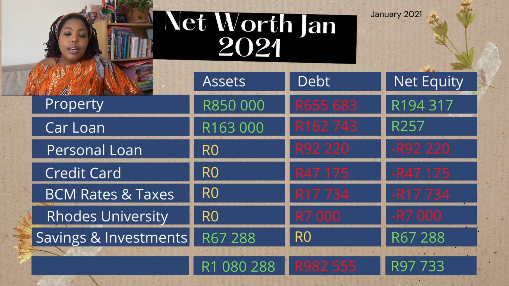But I bought it for 850,000, so I've kept it at 850,000 rands, and my debt towards that property is 655,683. So if you take 850,000 and you subtract my debt, you will get a net equity of